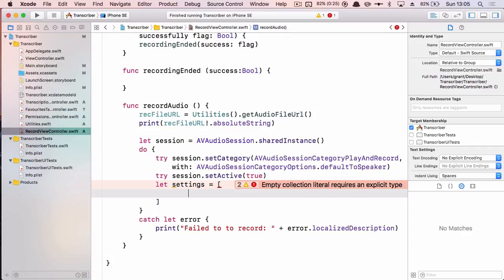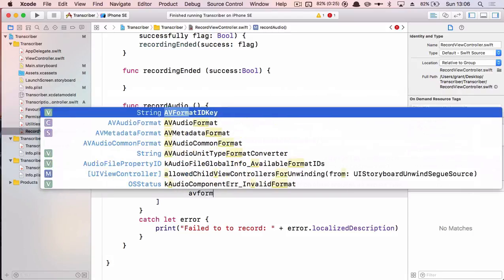So this is something you need to think carefully about for any apps you make in the future that record stuff, because you have to be sure that your files are perhaps cross-platform compatible. You don't want to have to re-encode them to share them to YouTube or something like that, whatever your app requirements are. So the first thing we're going to start with is the AV